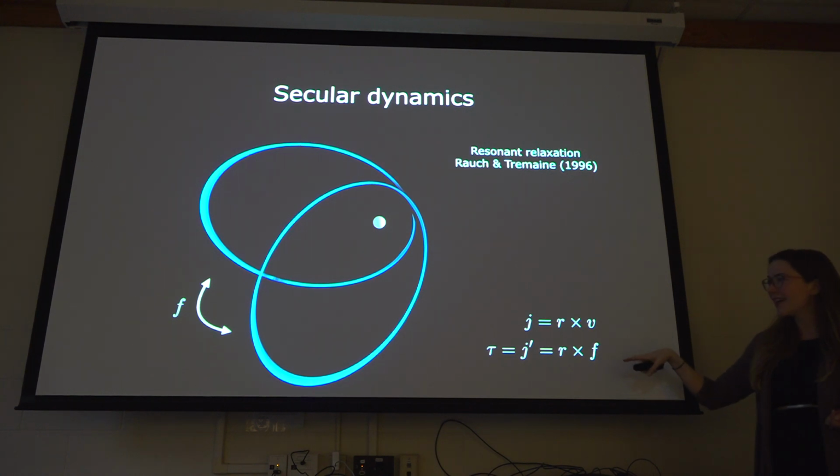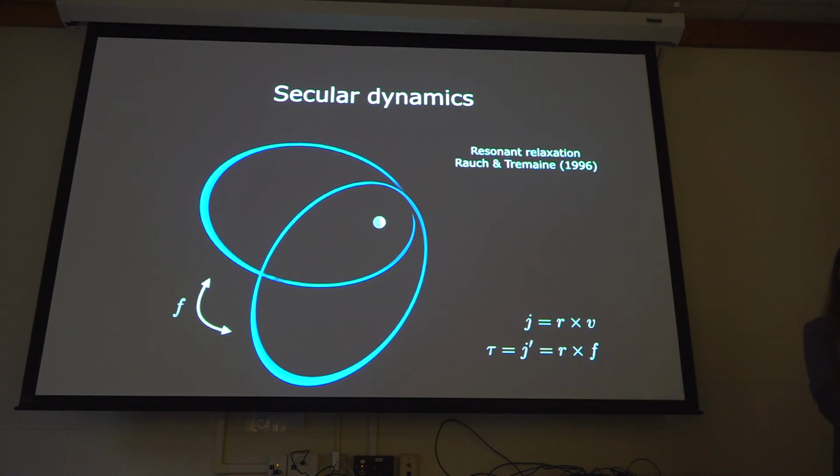The second is the torque that orbits exert on each other, which is the rate of change of angular momentum. That's just the time derivative, so it's r cross F. To calculate the torque on one orbit, you should really integrate around the entire orbit, sample all this r and all the forces that are felt at that point in the orbit. But we're not going to do that in a talk. It's boring, and it would just be equations.